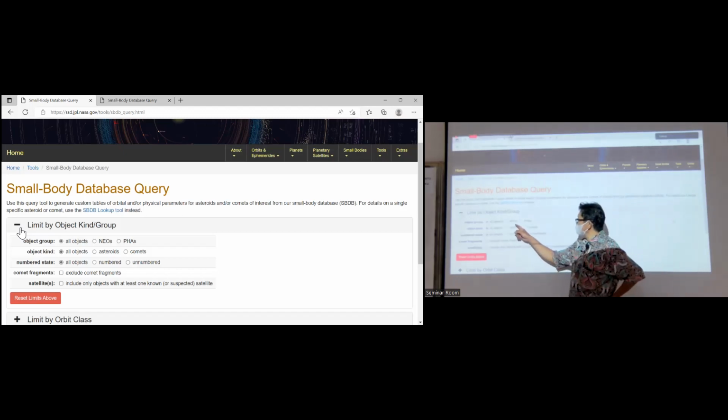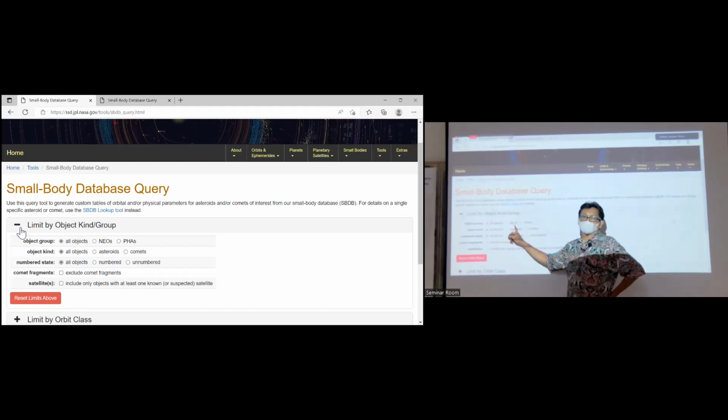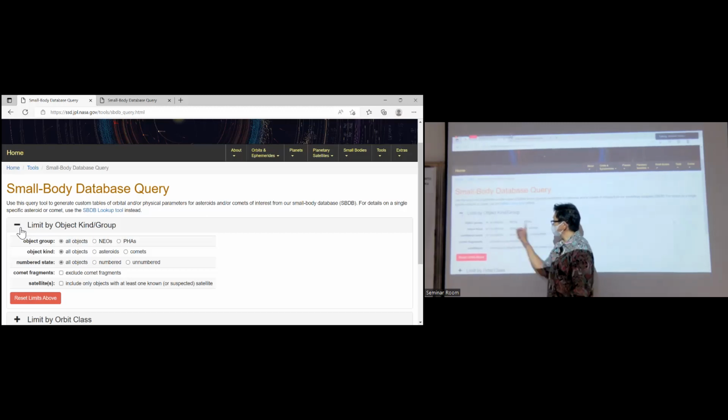What kind of near Earth objects? Potentially hazardous asteroids, that you want to nuke. Potentially, not certainly, will hit the Earth. Group: all objects, asteroid, comet.